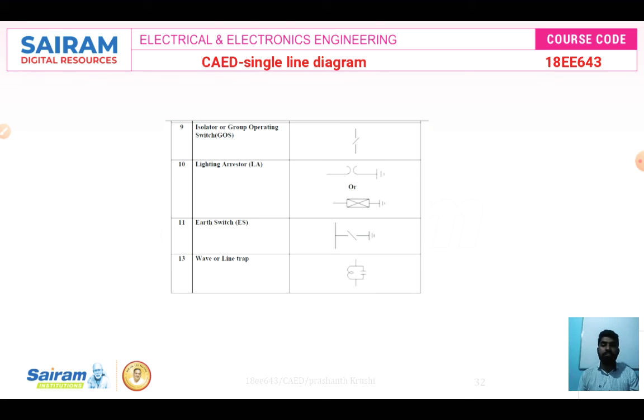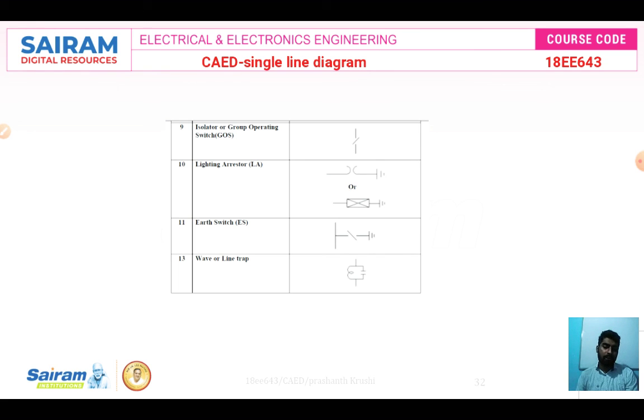Next, earth switches. This is the earth switch symbol for the power system components in a single line diagram. This is for earthing purposes. Earthing means all electrical bodies of the equipment are connected to earth to maintain zero potential and low resistance. Why? Because if you touch any iron part of the electrical power system components or transmission lines and you do not get a shock, it is properly earthed. If it is not earthed, what happens? Definitely you will get a shock, right?